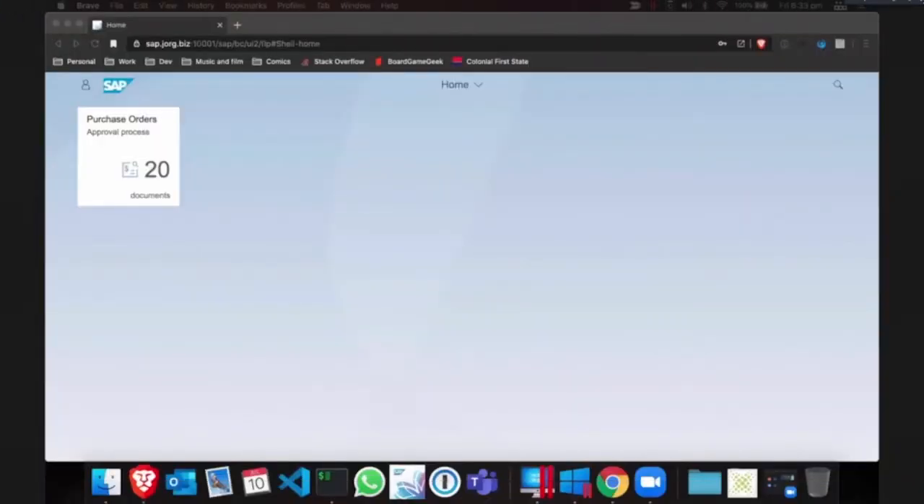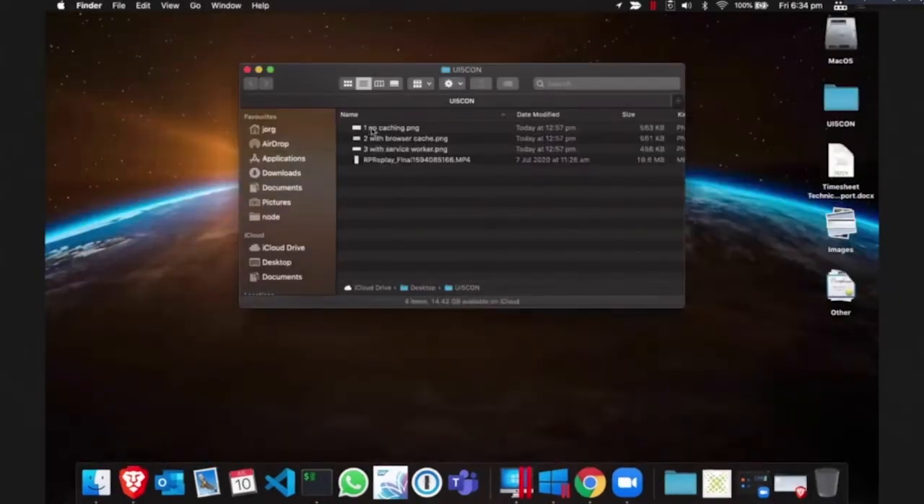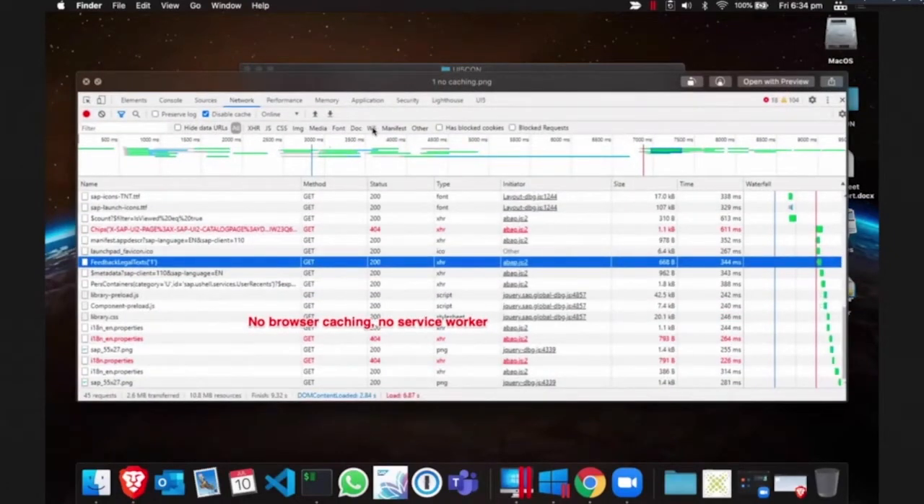Here we go. This is my laptop screen. This is the NetWeaver trial. It's the latest version at the moment. And this is running the service worker and the manifest. Before I dig into the actual website, I wanted to go over a couple screenshots first from the Canadian Launchpad. So this is a Launchpad with no caching whatsoever,